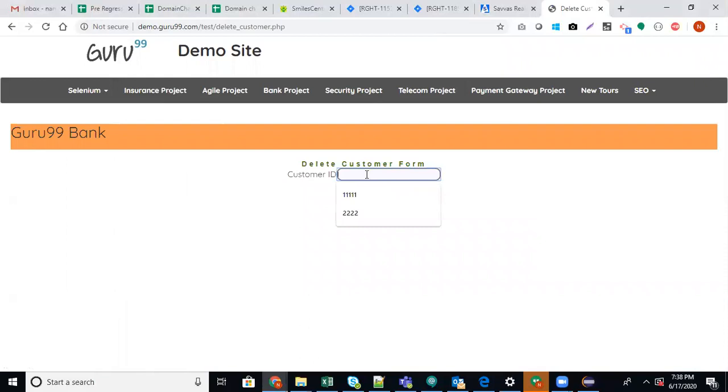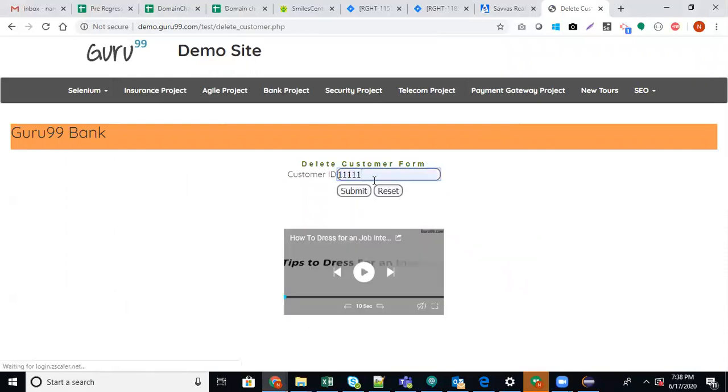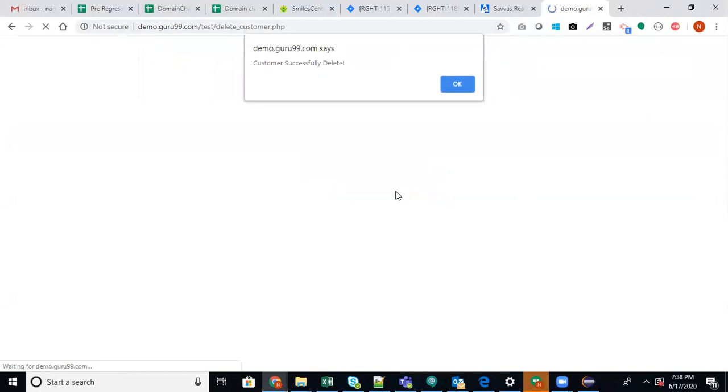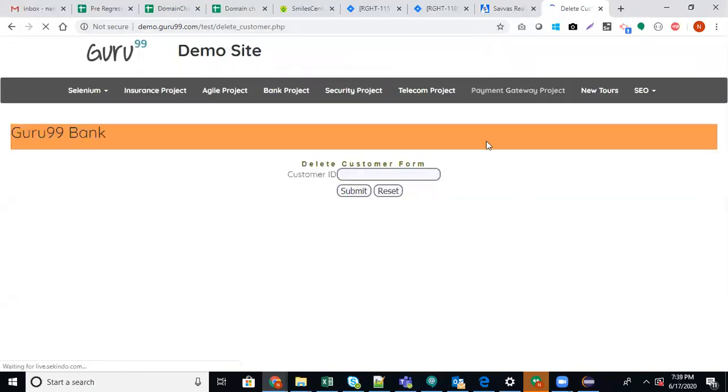Now you see I'm giving a customer ID. The flow is that we are going to delete the customer ID. You can give any ID, as this is a testing site, but the flow is like that. When I submit, it will give you an alert pop-up: do you really want to delete, with OK and Cancel, meaning accept and dismiss. If you dismiss, the alert box should disappear. If I accept, the customer ID should be deleted and it gives me another alert box, and this has only accept. These are the two types of alert box.